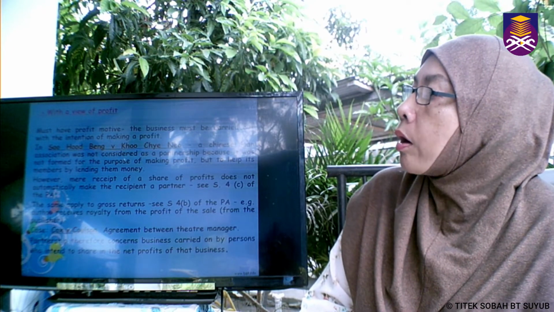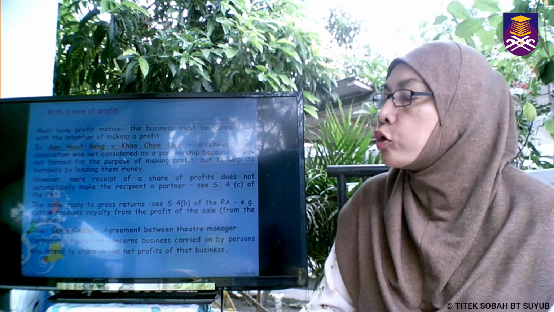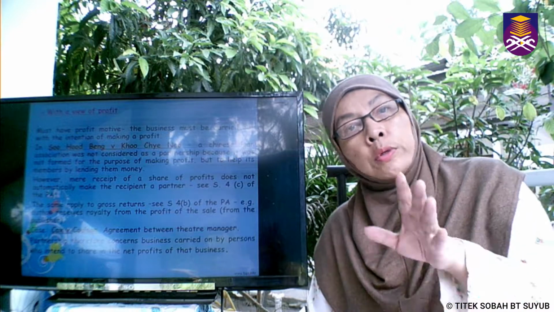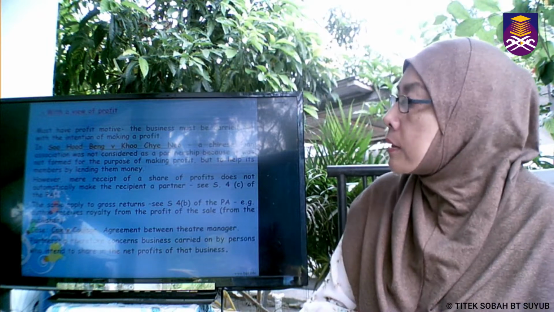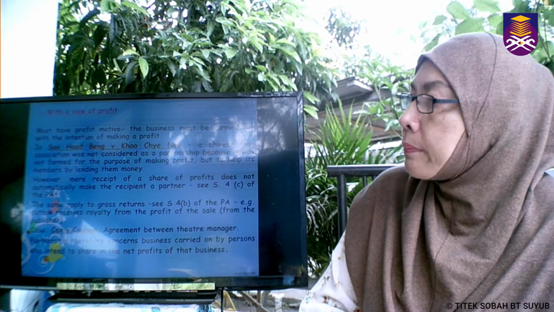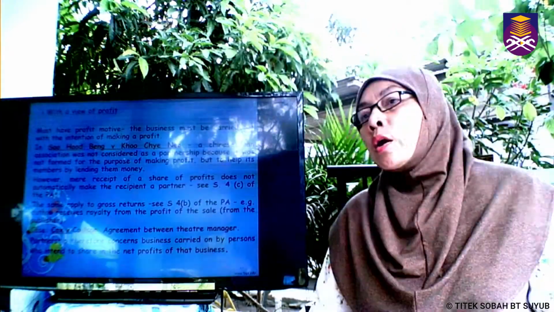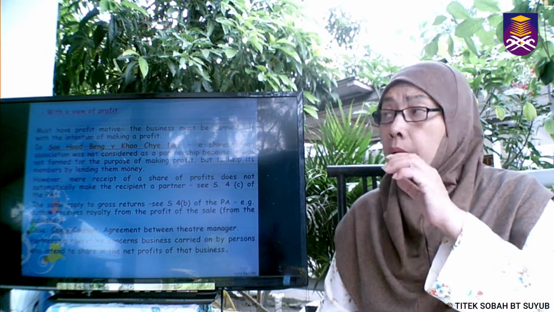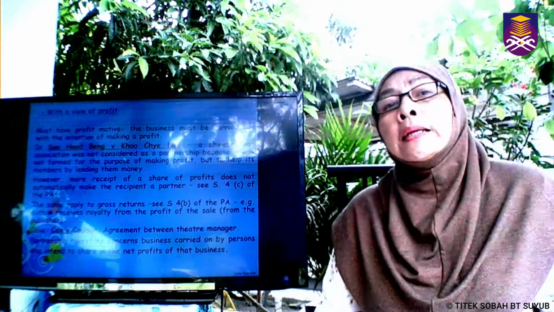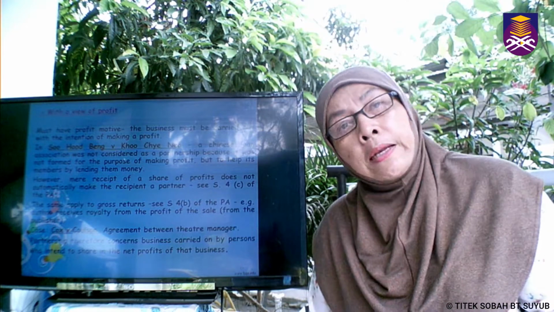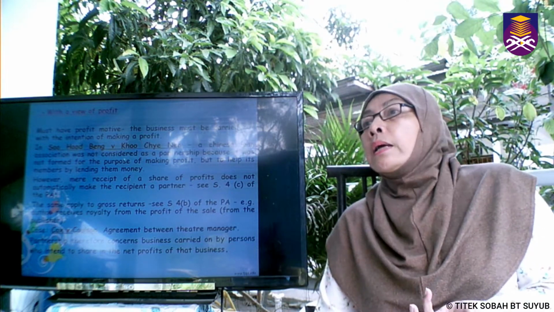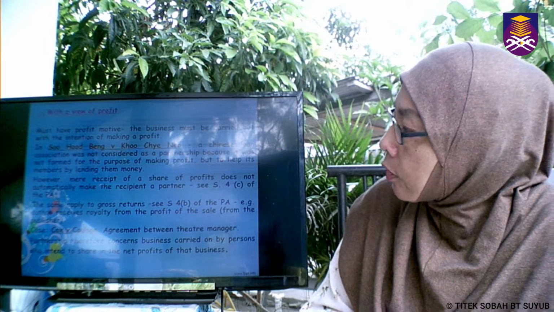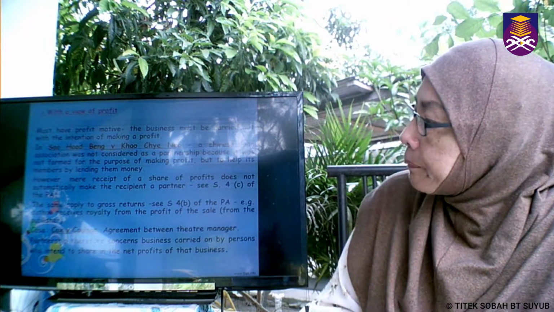So in the case of Suhot Bank or School Chino, this is actually a Chinese association whereby they provide loans to their members. When they provide loans, this is to assist their members who wanted to start business, however they don't have money. So the court held actually this is not a partnership. Why? Because the intention under this situation is not that they wanted to gain profit. However, the main intention here is that they wanted to assist their members. So that's why this is not actually a partnership.